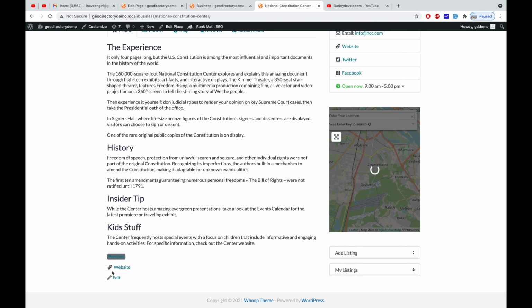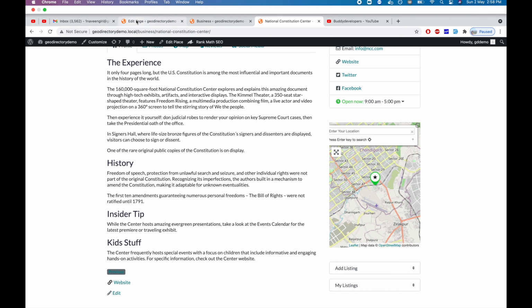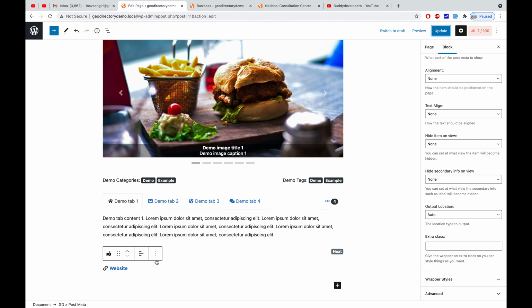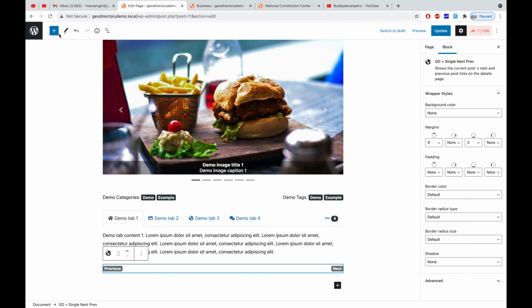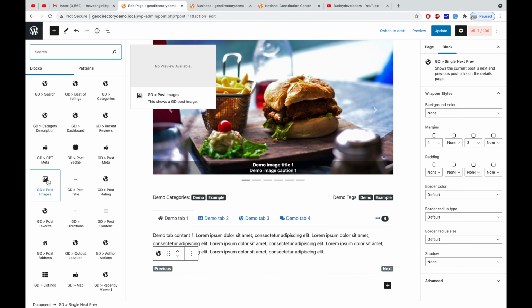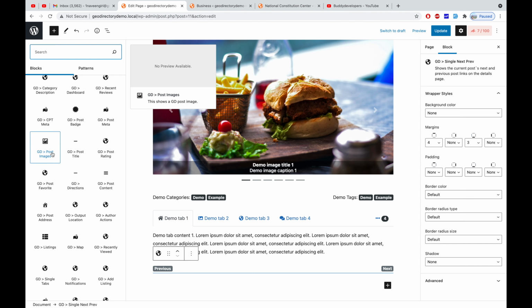So here basically you can see label, then you have icon and you have the value. Fantastic. So this is how this GD post meta shortcode works. You can display the different metas related to your post. GD post images shows all the images specific to your listing. GD post title is, as the name suggests, the title of the